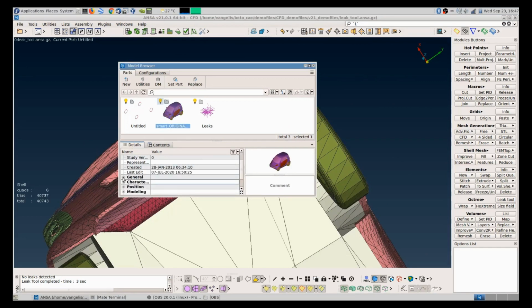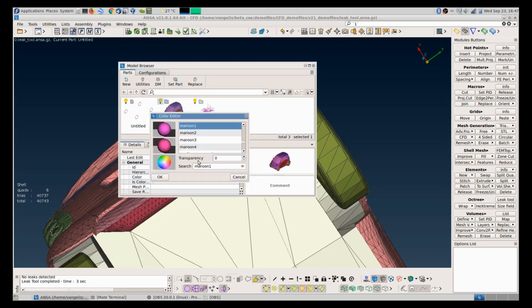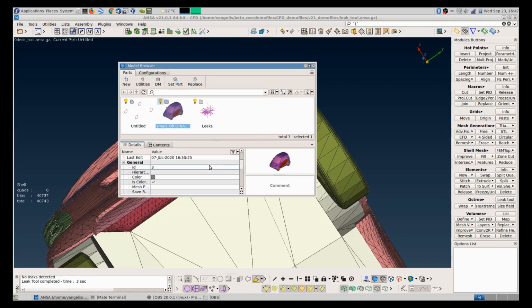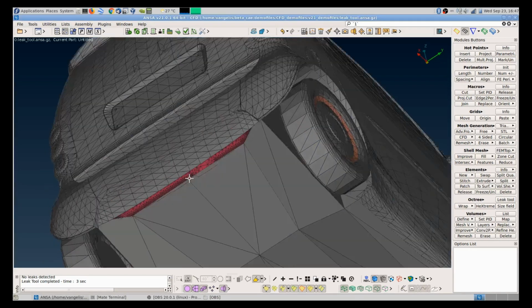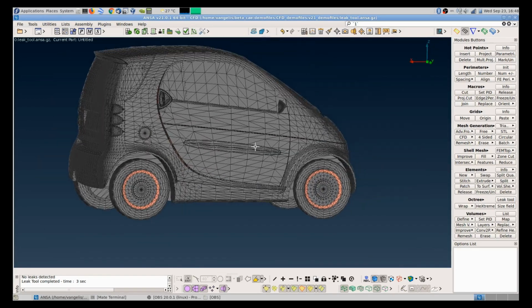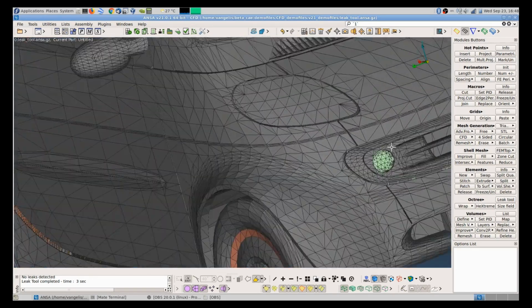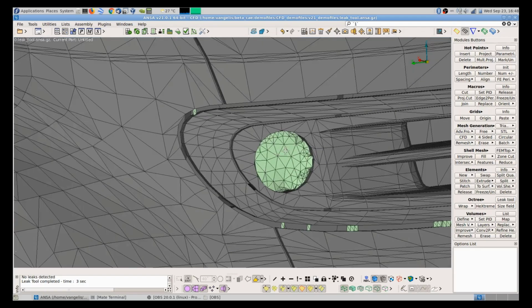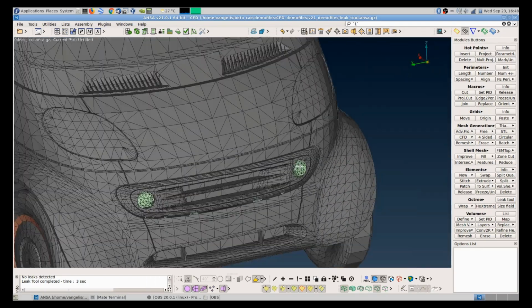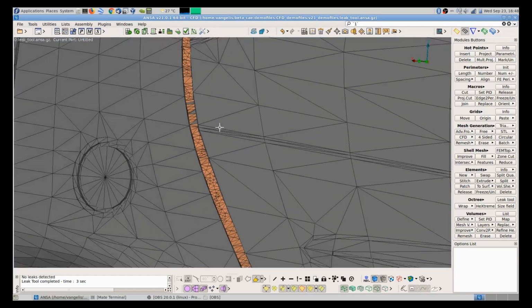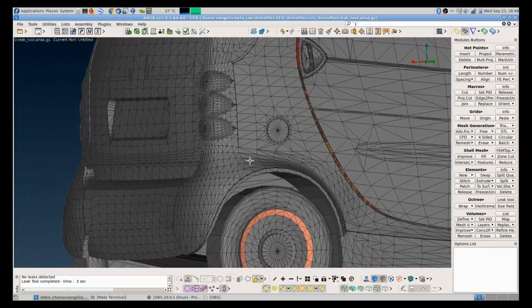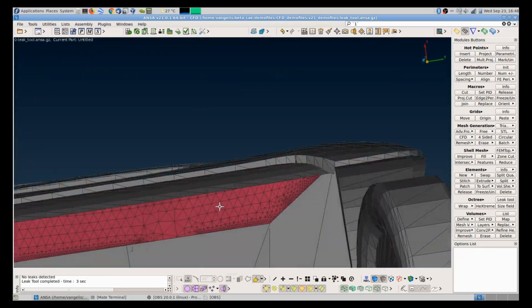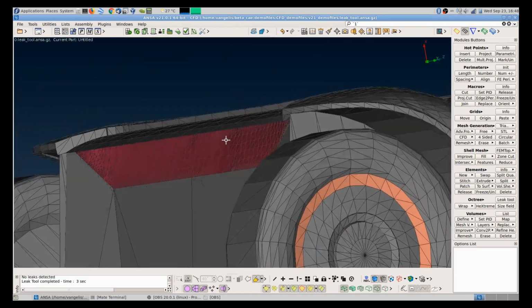Let me give a unique color to this part, so that we can only focus on the areas where we have patched the leaks. So you can see some closures here, there, gap closures there, and also here where we have a missing part.